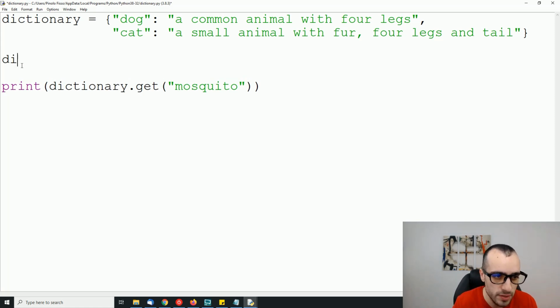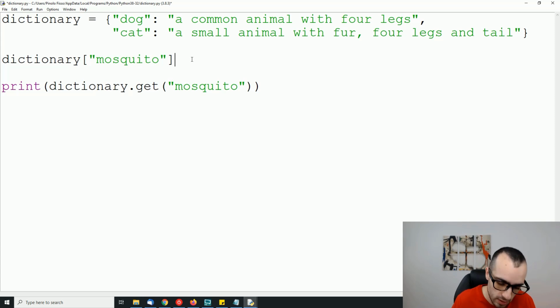We say dictionary, then we open the brackets, and here we put the new key we want to add in the dictionary. So like mosquito, then we say equals, and we will put the definition of mosquito: a small fly insect that bites people. So this is the mosquito,